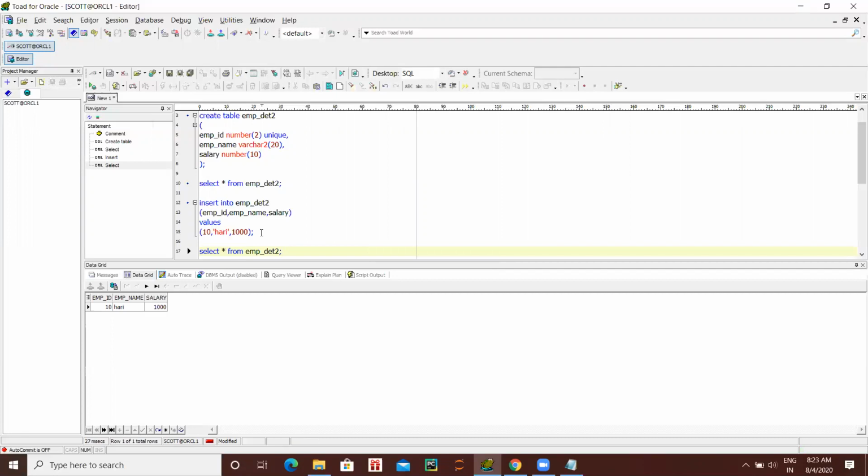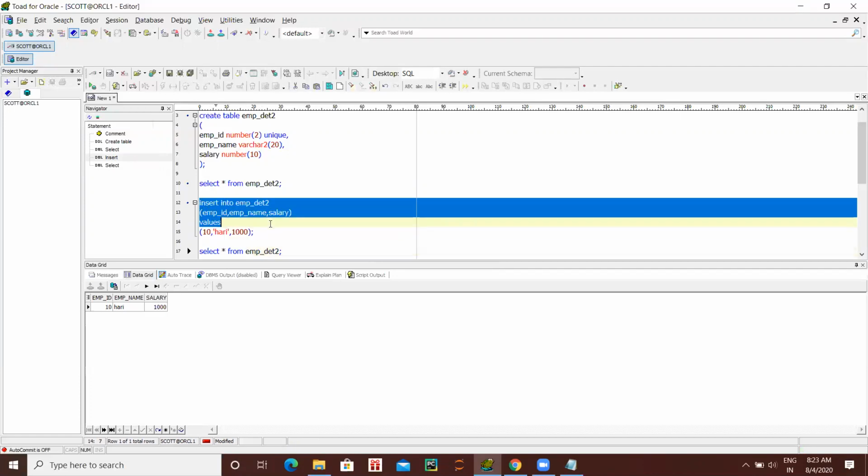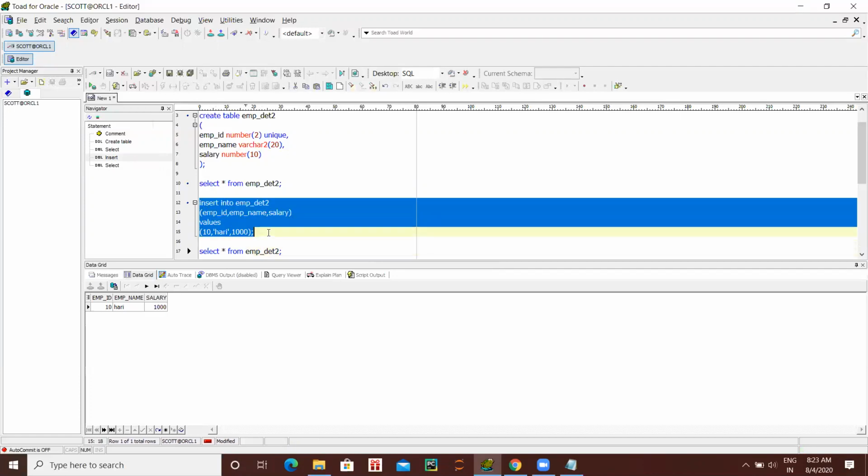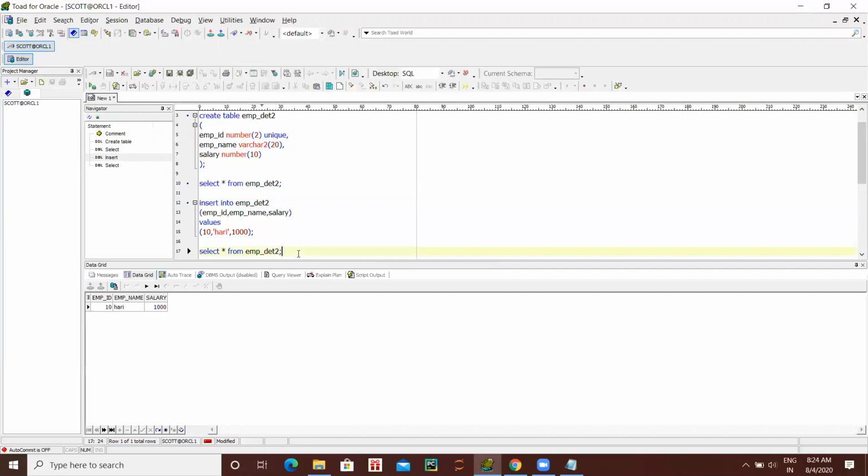Now let's check. The unique constraint is created on employee ID, which means you cannot enter the same employee ID again. Copy that insert statement again and run it.